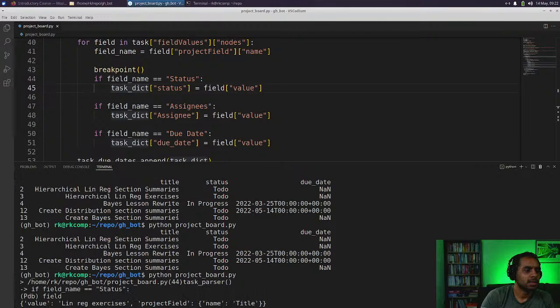Okay, so task ID, project field, project. We don't have assignee in here. This is actually not part of the payload, which is not fun. That sucks. Well, let's actually just